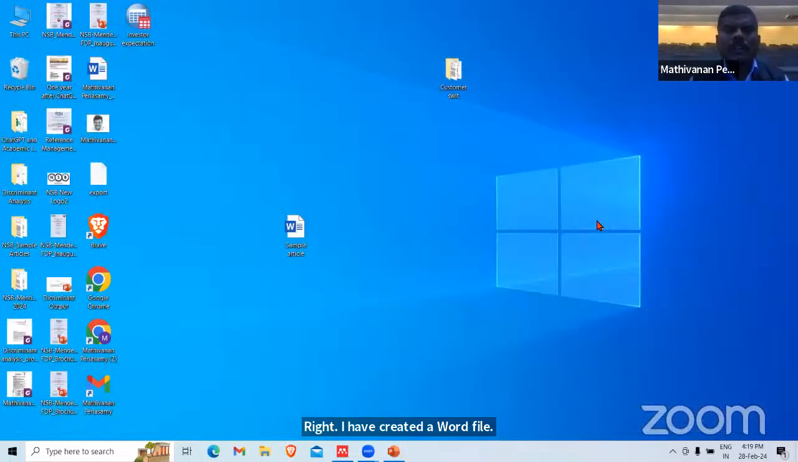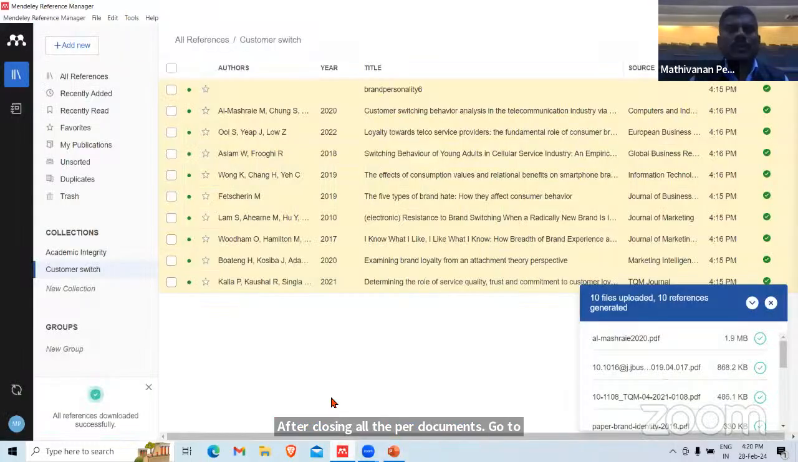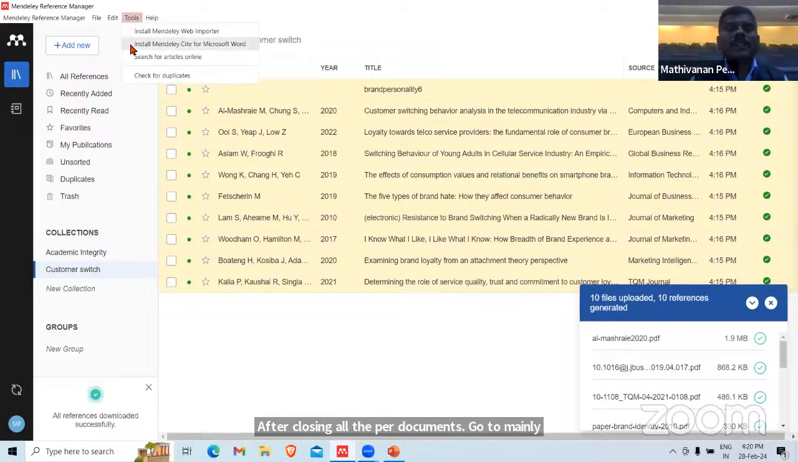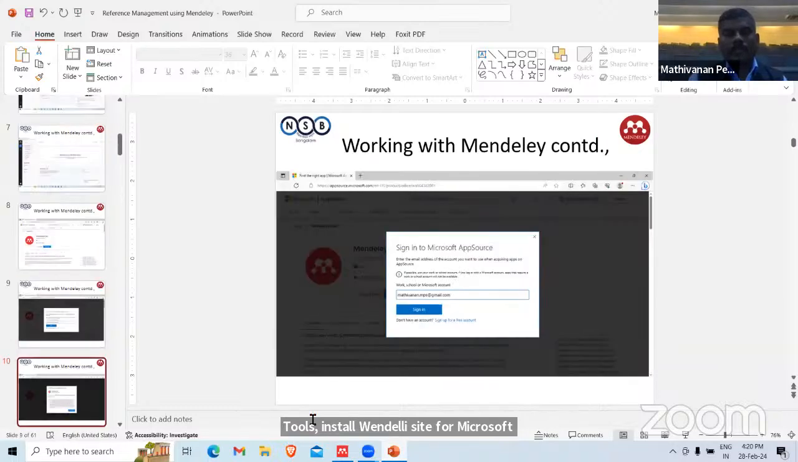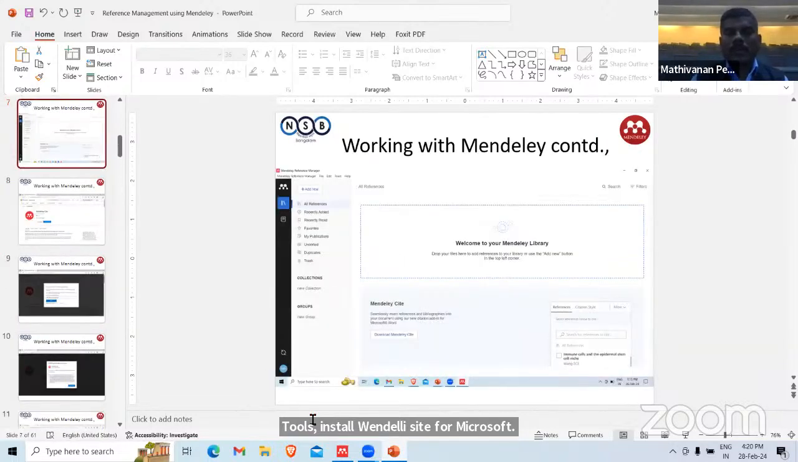When you install this Mendeley Cite plugin, you must close all your Word documents. All the Word documents in your system must be closed. After closing all the Word documents, go to Mendeley software, Tools, and select Install Mendeley Cite for Microsoft Word. Once you do that,